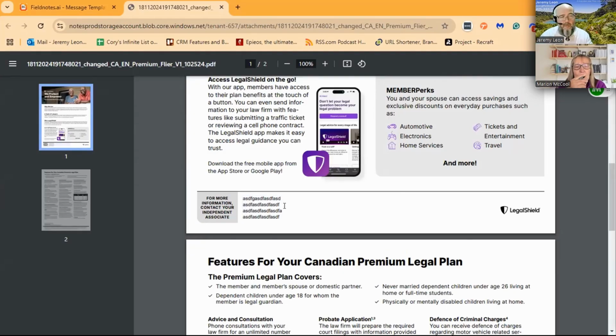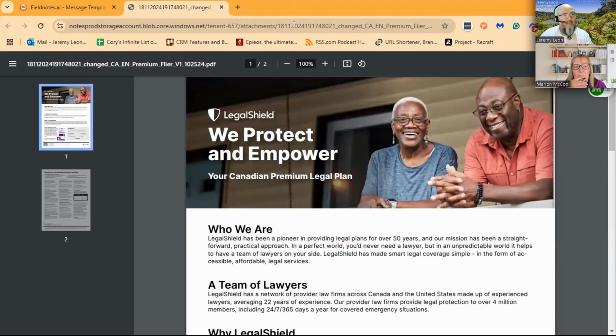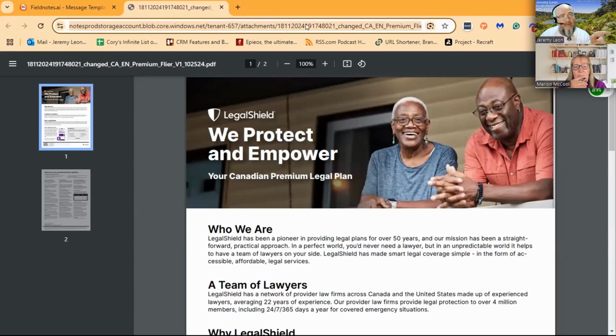So this is where your information would be, like your personal information, your phone number, just in case somebody actually sent this PDF to somebody, right? Hopefully they take it, they see your number at the bottom, contact you, you've got a new prospect, right? So with that, that's this. So this link that's up here, right? You can see that it has the change right at the file extension at the end.